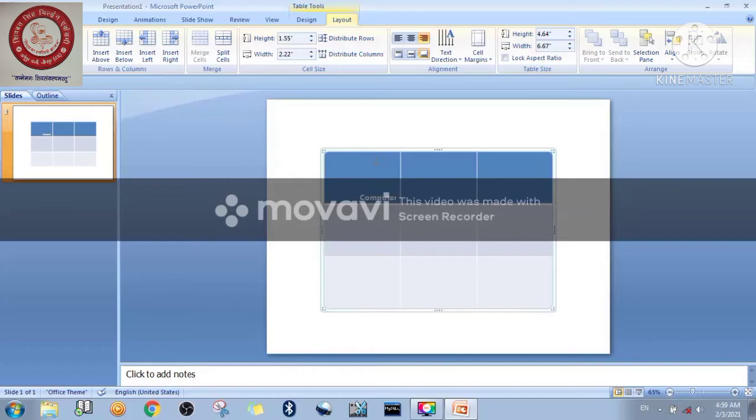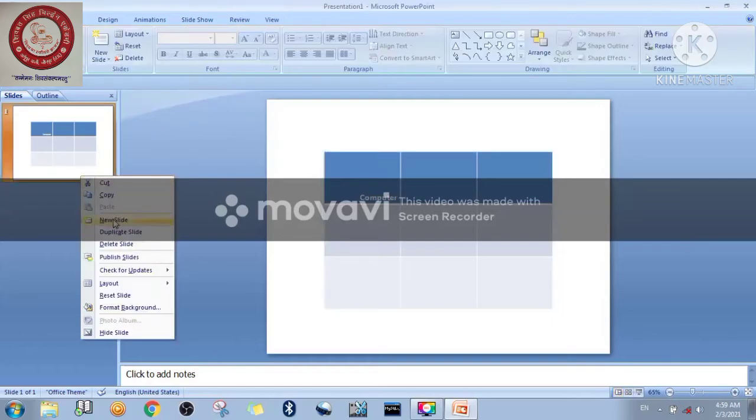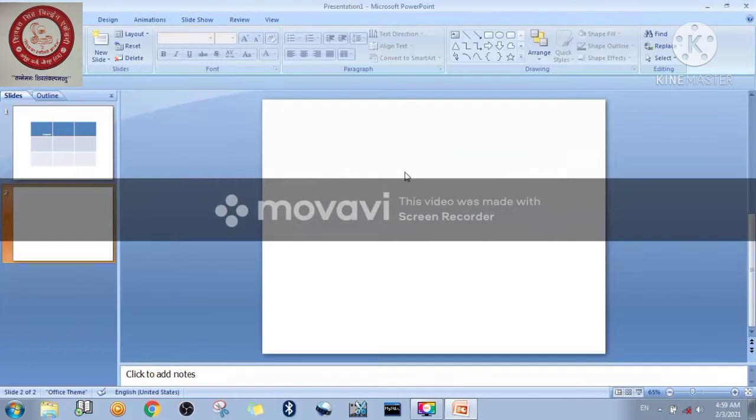Our next topic is how to insert the chart, right? How to insert the chart. First of all, we need to understand what a chart is. So let me remove all these contents, or maybe I will take one more slide, and I'm going to give you the explanation about the same.